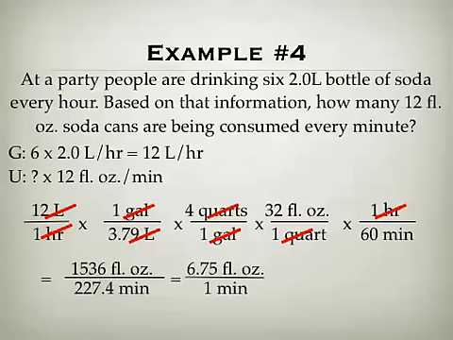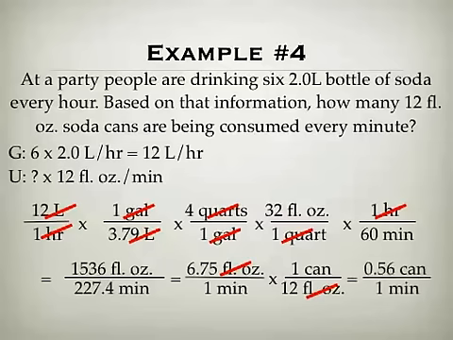But that answer does not directly answer my question. My question is how many 12 fluid ounce soda cans are being consumed every minute. Well, I know how many fluid ounces are being consumed every minute, so I need to compare that or convert that from fluid ounces into cans. And to do that, I'm going to use this relationship right here of 1 can is equal to 12 fluid ounces. That'll allow my fluid ounces to cancel out, and it'll allow me to get my final answer, which is